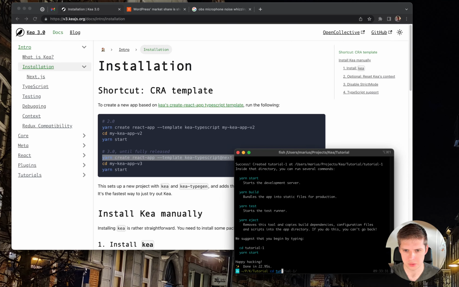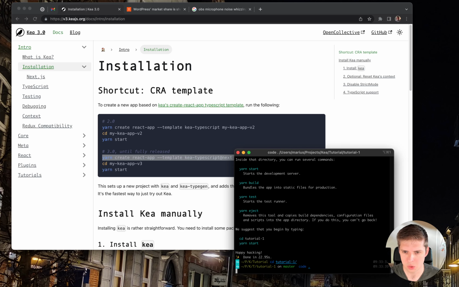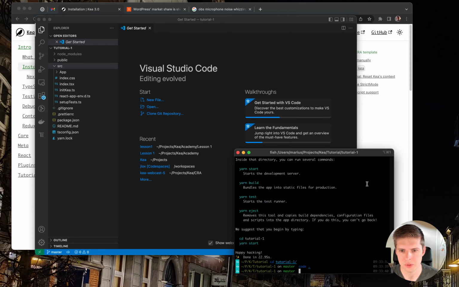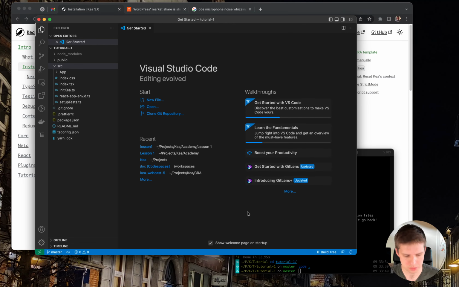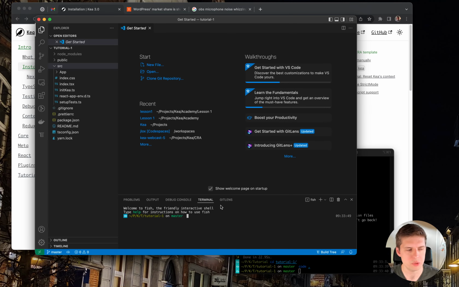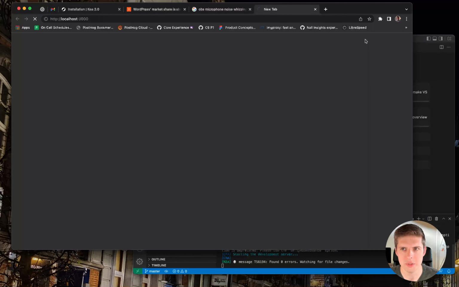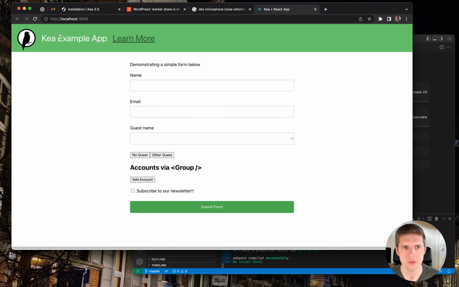So cd tutorial 1, gonna open it in VS Code, so that we can play around with it. And that's it. So the first thing I want to do is just type yarn start to actually see what we have now. And when I run that, we should open a little page here, an example app with a little bit of